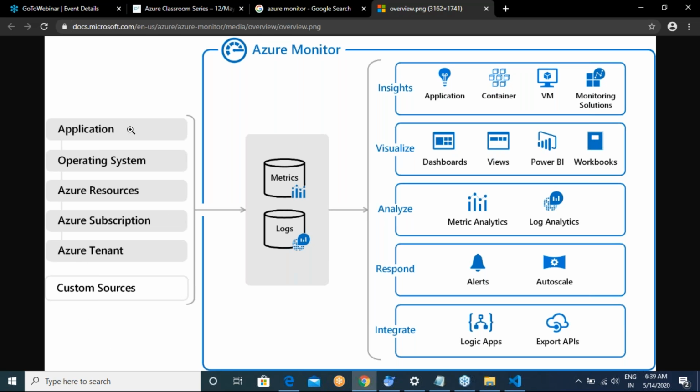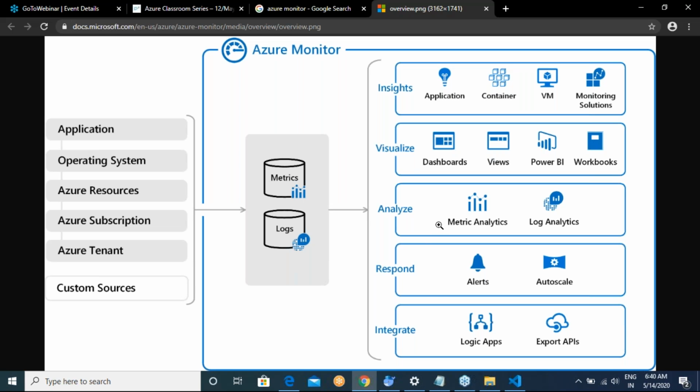You can collect data from applications, operating systems, resources, subscriptions, tenants, and you can write your custom sources. Inside Azure Monitor there are two kinds of repositories: one for storing metrics, the other for storing logs. Once you have metrics and logs, you can do insights, visualize, which is viewing the data, analyze, and respond.